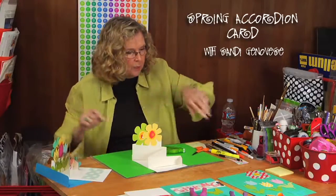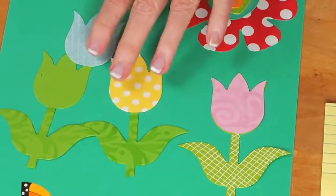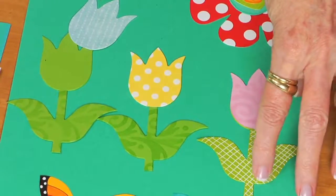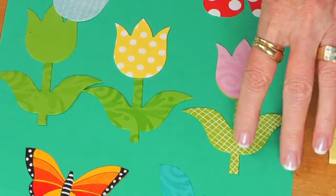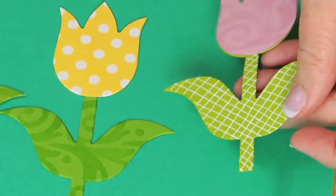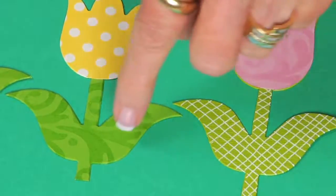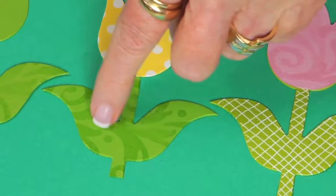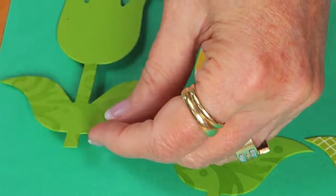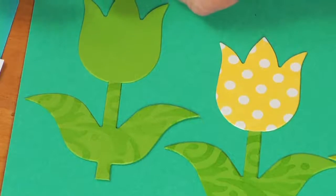So what I did was I started with a die cut, and if you look here, you can see I had different ways of creating a texture or a pattern on the tulip itself. So in this example, on the green part of the tulip, I used a white pen just to add a sort of hash mark to create what looks like checks that aren't colored in. And then on this one, I used a watermark ink pad and just a stamp to create texture. Here you can see I've done the same watermark ink pad, and I've left this so you could see that